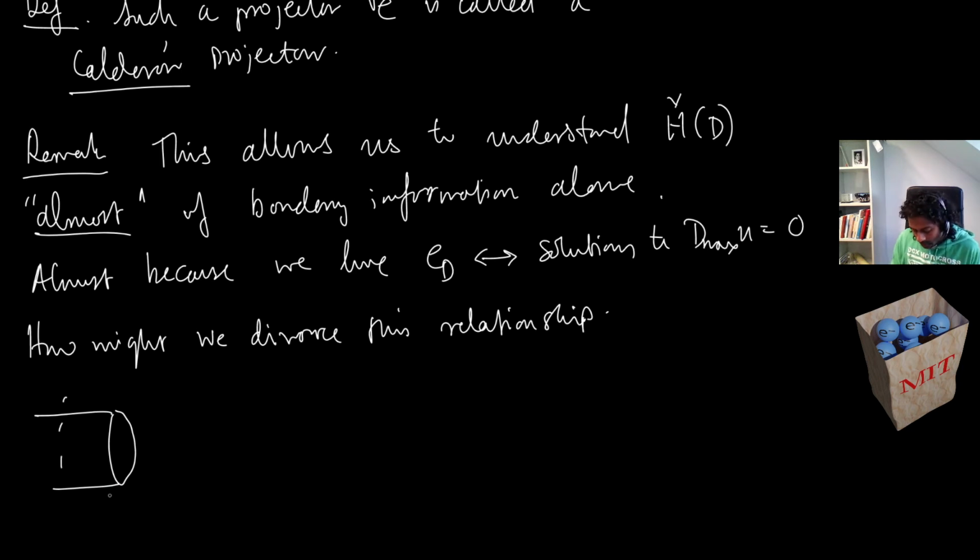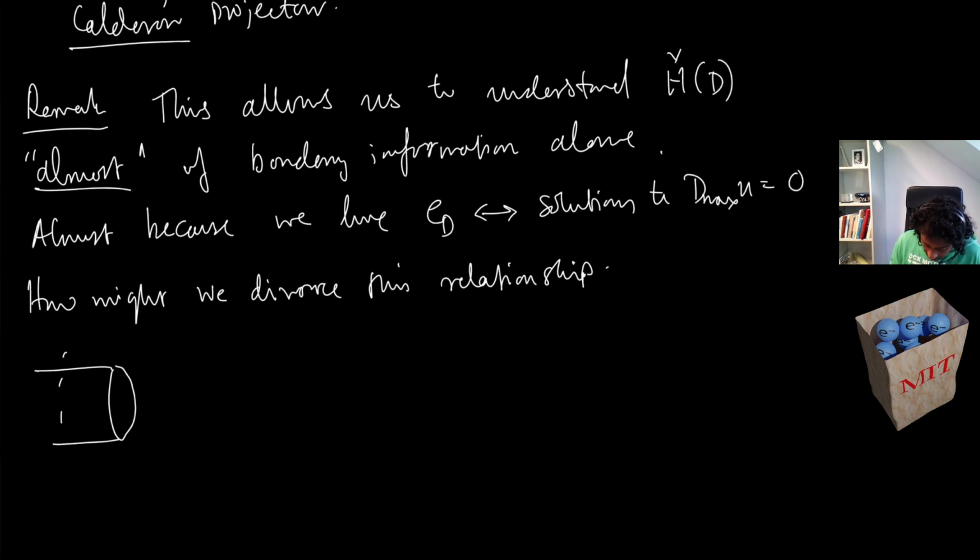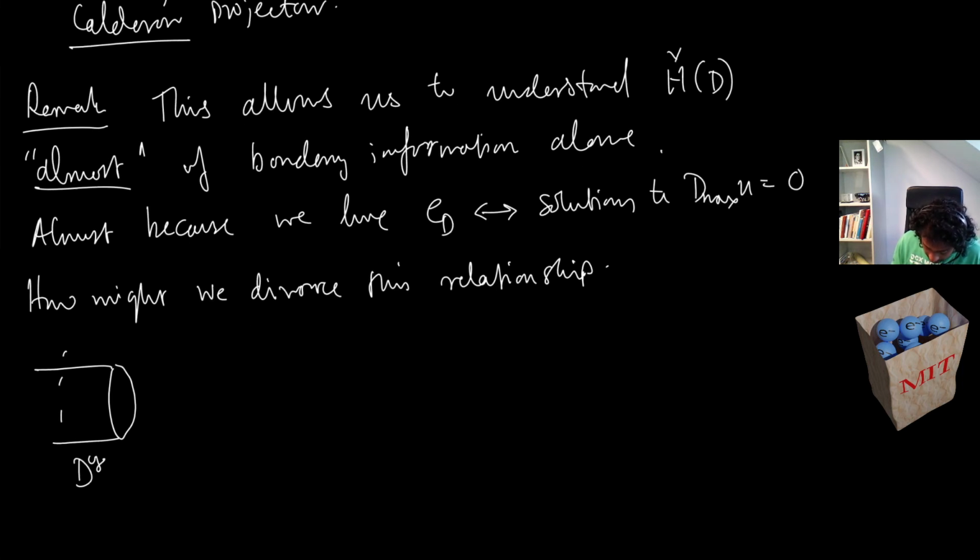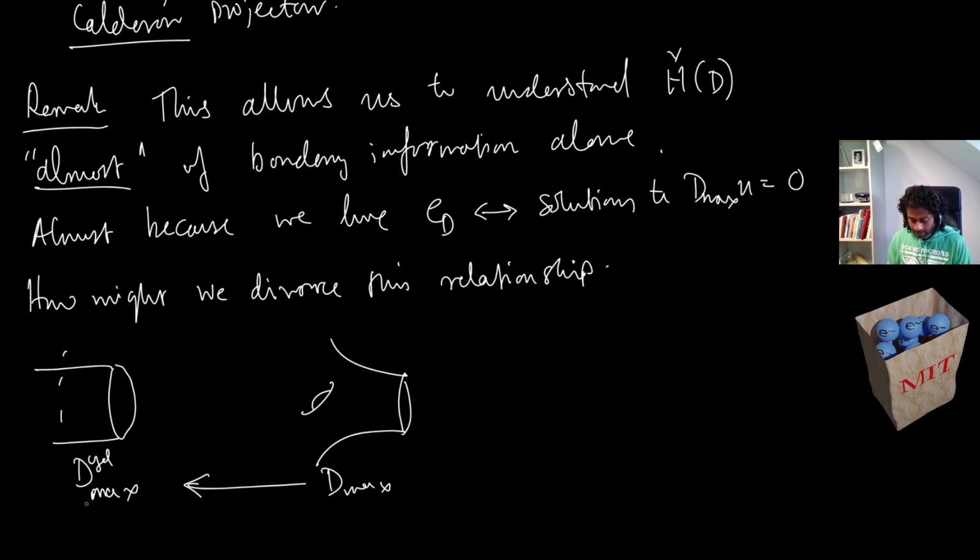So maybe we can look at a problem on just a cylinder, so that we can reduce the problem here to the problem of a cylinder. But that would require us to also move between two different operators. On the cylinder, maybe we have D_cyl max, and we need to know how to move. The collar neighborhood theorem is just a topological theorem, so we have D max here, and we need to know how to move from D max to